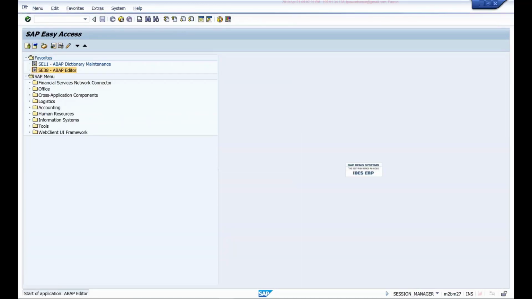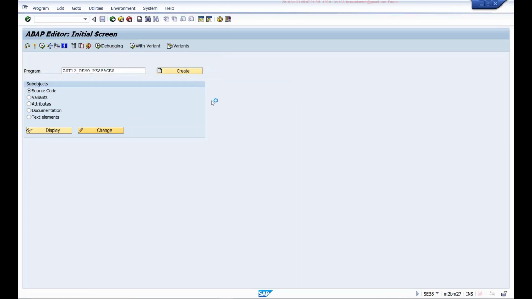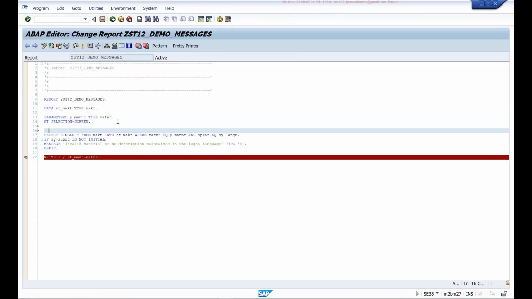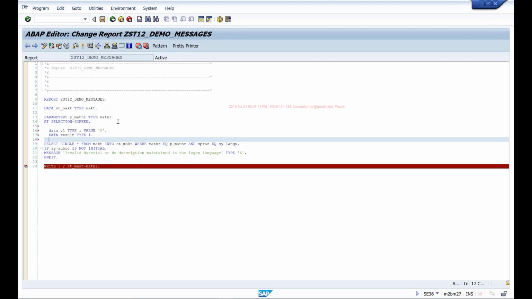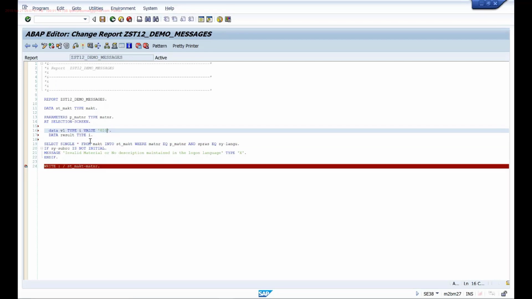For example, if I do something like this, let's say data v1 type I, value 0, and data v2 type I, let me say 10 here.